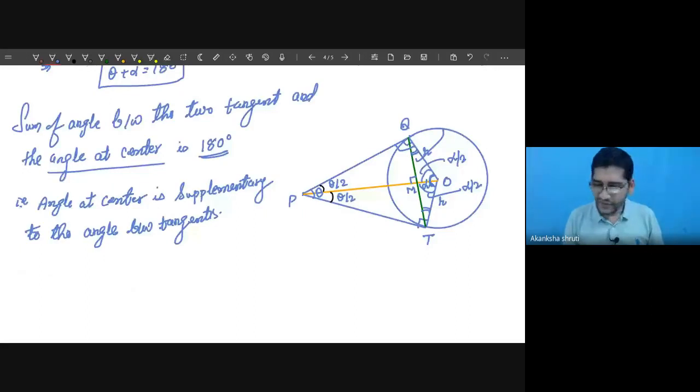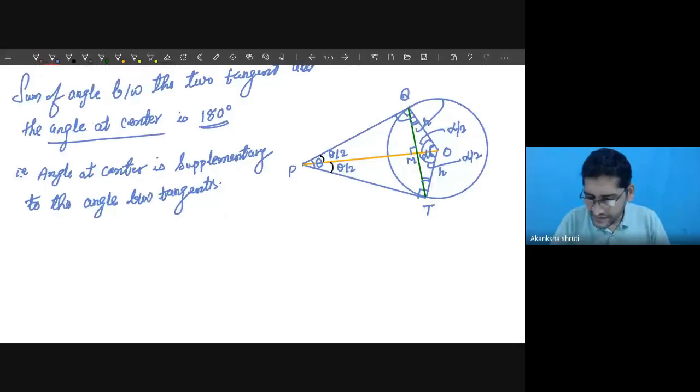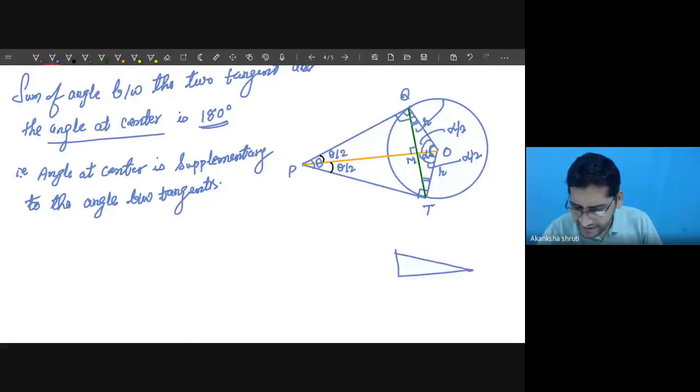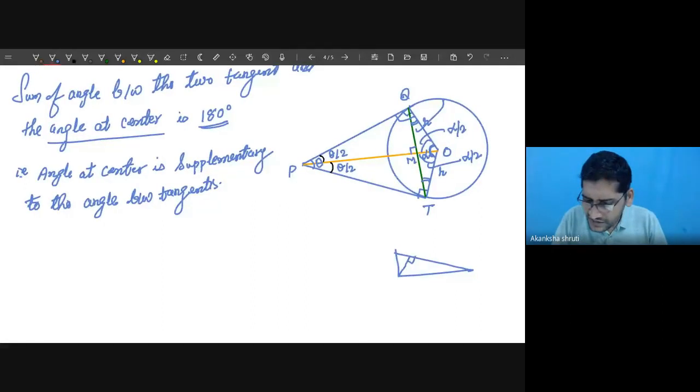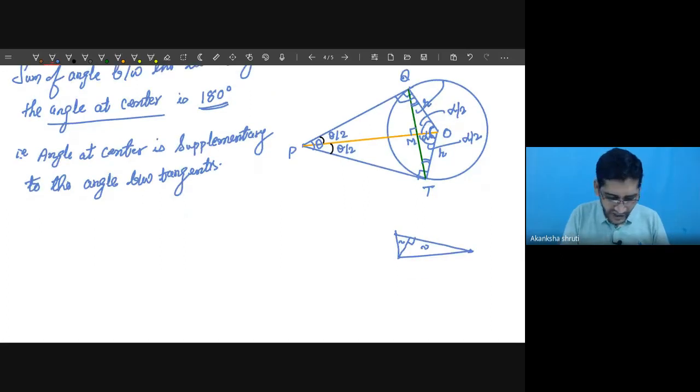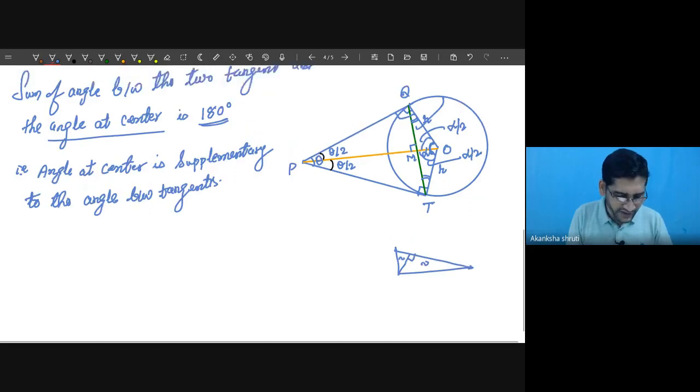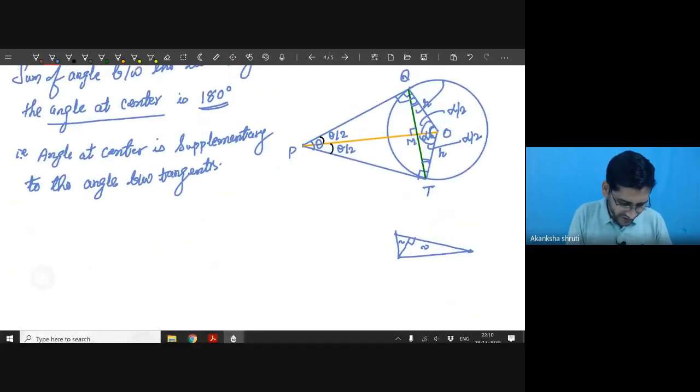Now let us come to the other concept, where we had learned that if we are given a right angle triangle and a perpendicular is drawn from the right angle to the hypotenuse, then these three triangles are similar among themselves and the ratio can be written. In a similar fashion, if we are considering only the top one, then what are we observing?